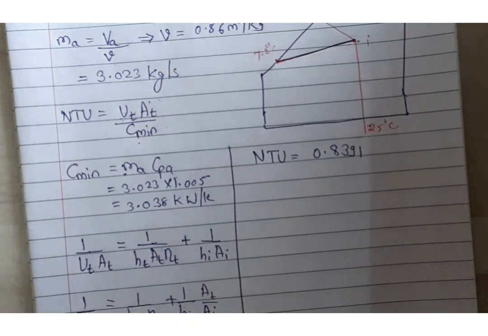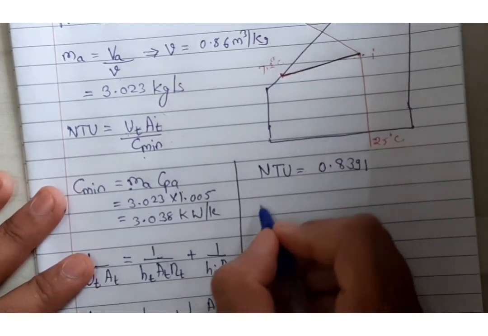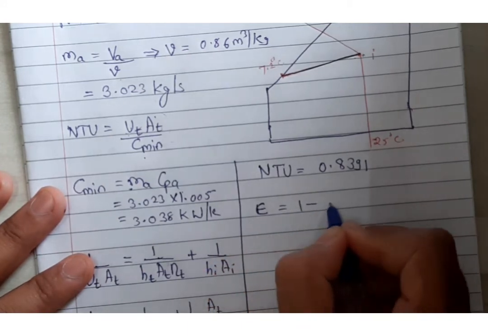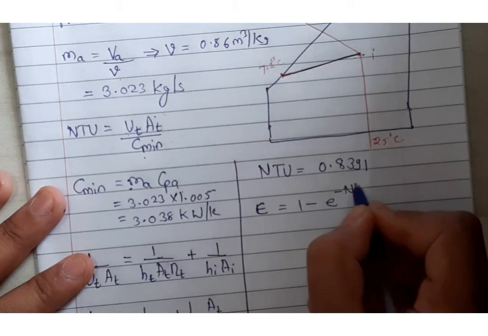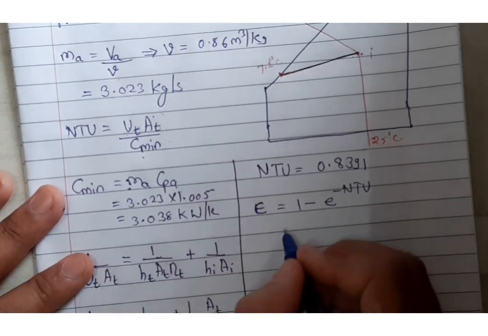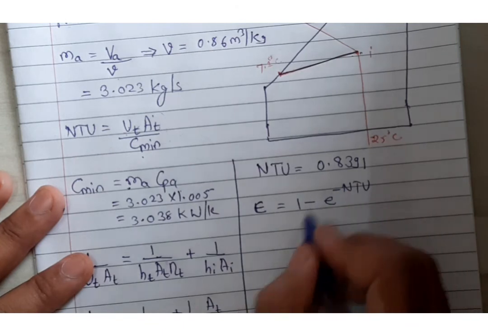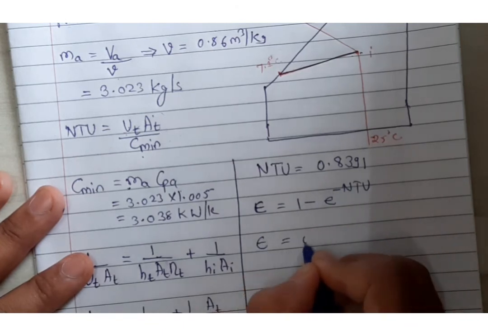For any heat exchanger there is a particular equation for effectiveness, right? For condenser and evaporator the equation is effectiveness is equal to 1 minus e raised to minus NTU, right? So NTU is known to us, so we can put the value over here and we can find the effectiveness as 0.8391